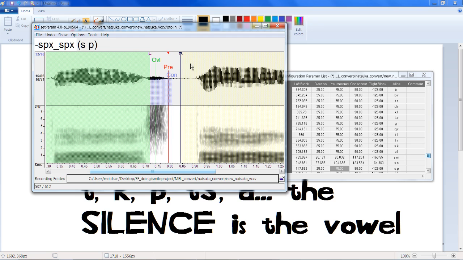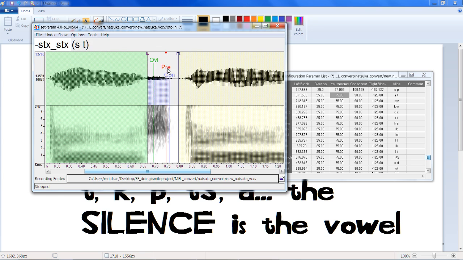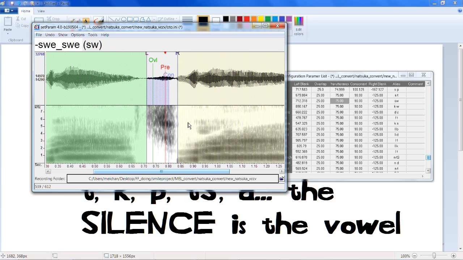And here is a case of the silence being the vowel, because, as before, you do not want the P to show up. You don't want the P when it's at the end of a CC. I hope someone thinks of that and it's like, wowzer, that teaches me how to do CV with plosives in the final position. You do not want any of the plosive. You just want silence when you're doing a C plosive.